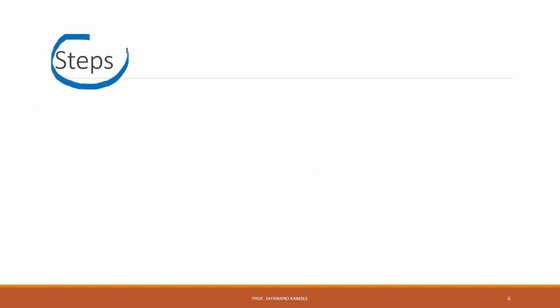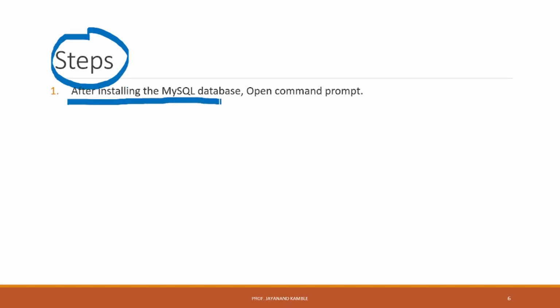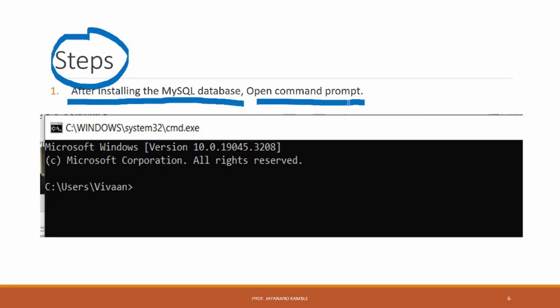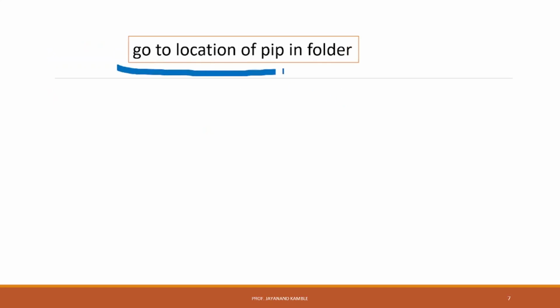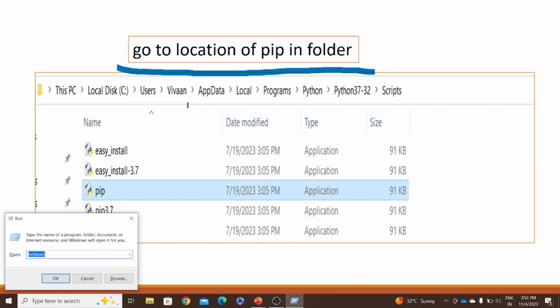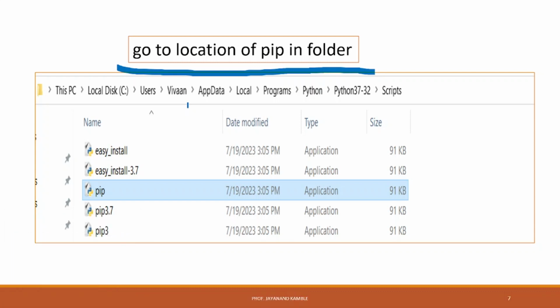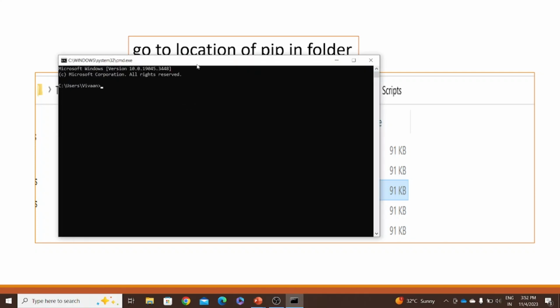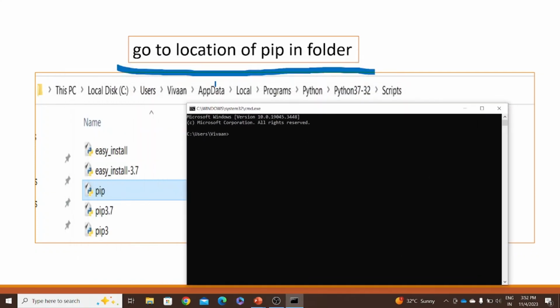So what steps do we need? After installing the MySQL database, we are going to open the command prompt. After opening the command prompt, we are going to go to the location of the pip folder in this way. So now I'm going to open a command prompt. I opened Run, and in that, cmd, the command prompt is now in front of me. Now in this command prompt I'm going to the location of the pip folder. For that purpose I'm opening